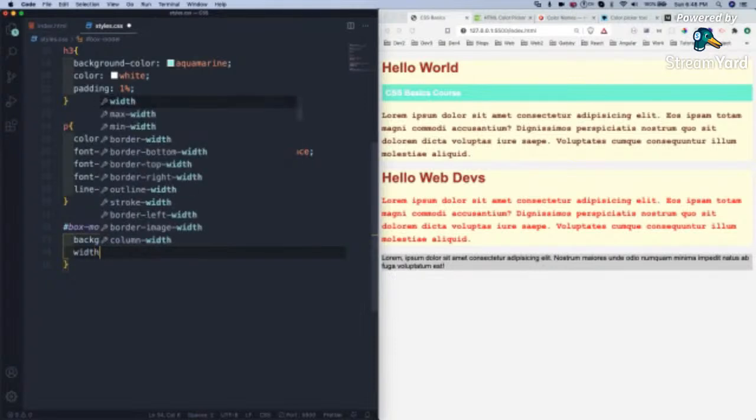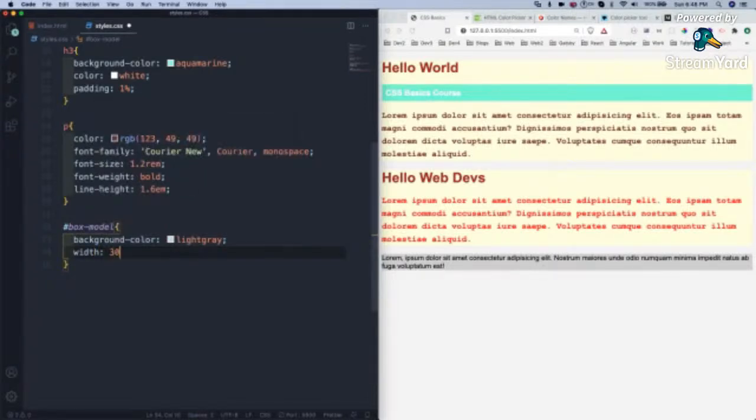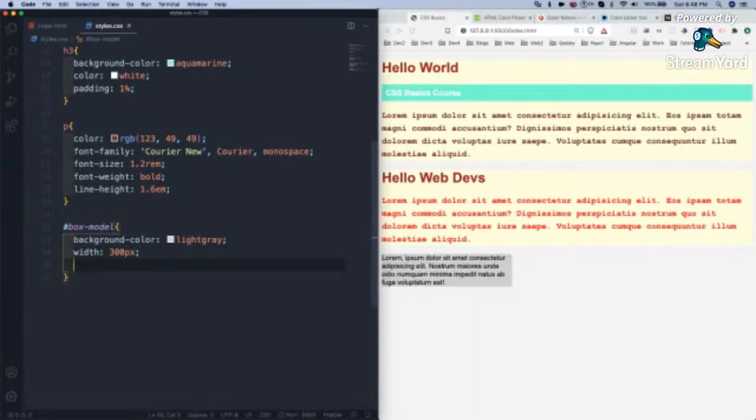We can give the width as 300 pixel. So the width becomes 300 pixel, this much.